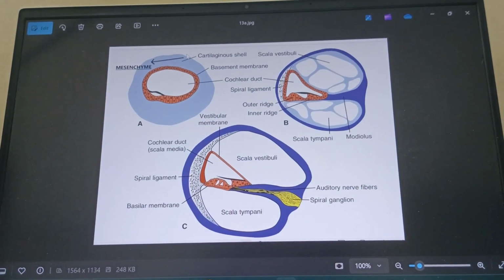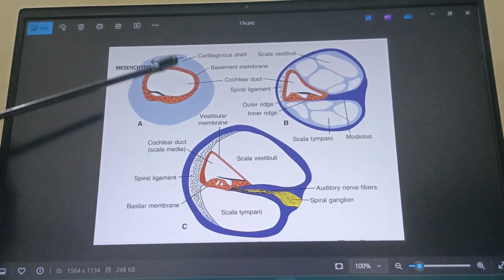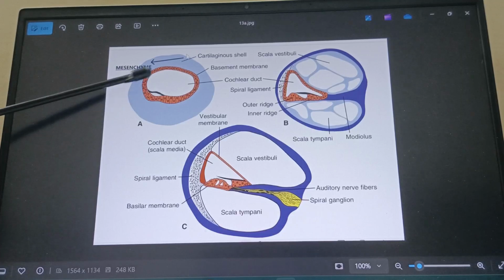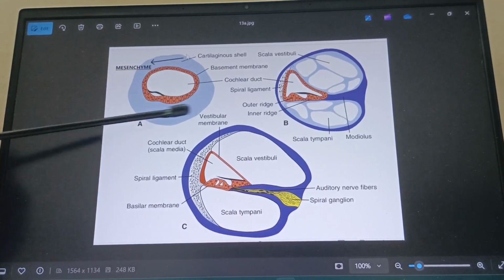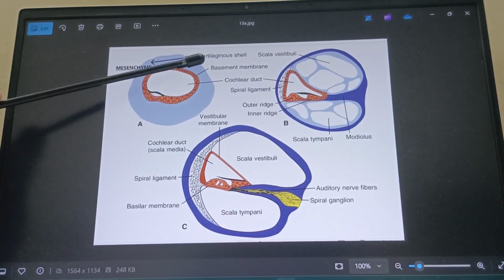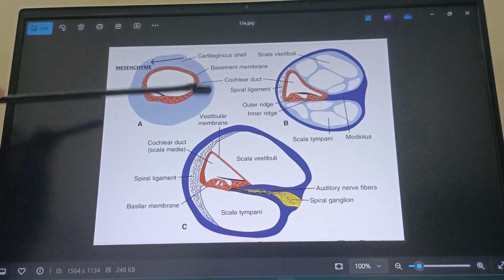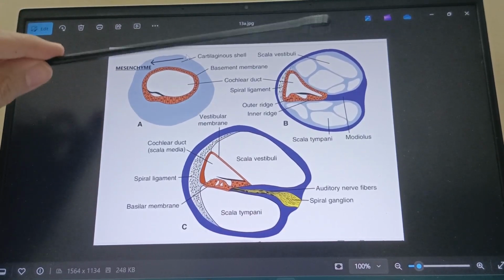Now again schematically you would be learning how the cochlear duct will appear if we cut it. So that is a cochlear duct marginated by the cells, and on its outer aspect we have got the osseous or cartilaginous shell made up of mesenchyme,